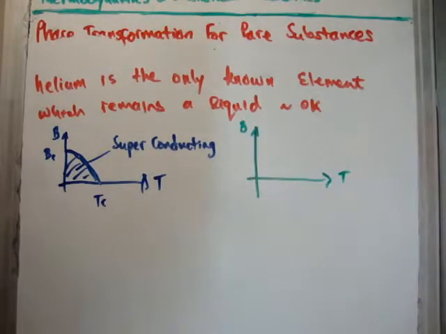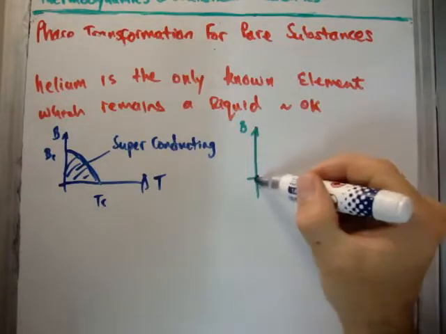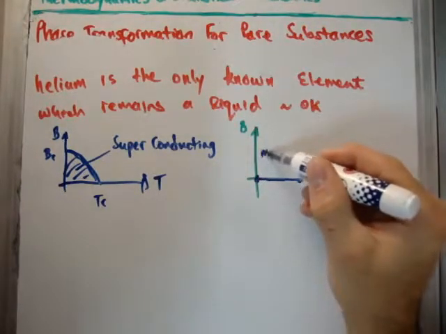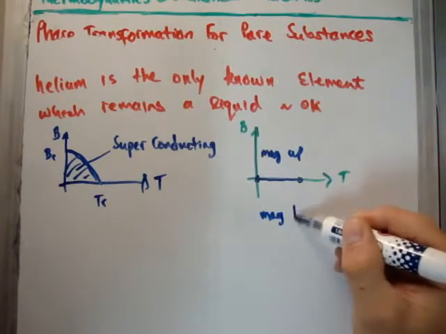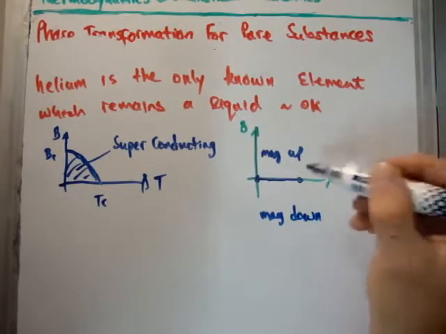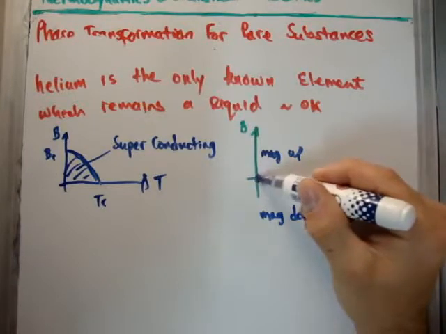And this time I'm going to do it for a ferromagnet. So for a ferromagnet, and I'm going to use my blue, let's say from here, it might be magnetized up, and this might be magnetized down. Now you don't need to know what magnetized up and magnetized down means. You just need to accept that